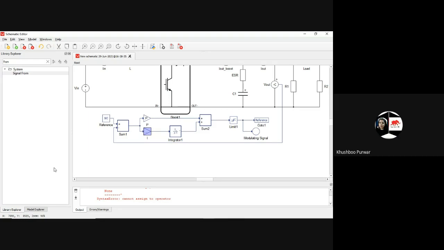Sir, in 5 minutes only the schematic can be completed. I will still need 10 to 15 minutes for SCADA, we can discuss by tomorrow. So just allow 10 to 15 minutes if it is okay. No, it's too late. Okay, sir.